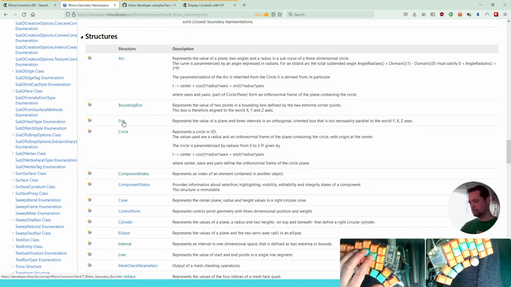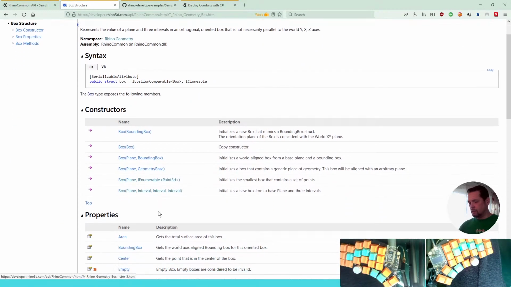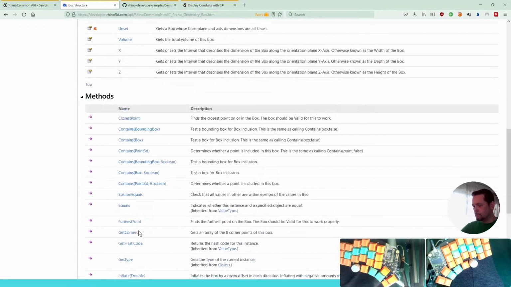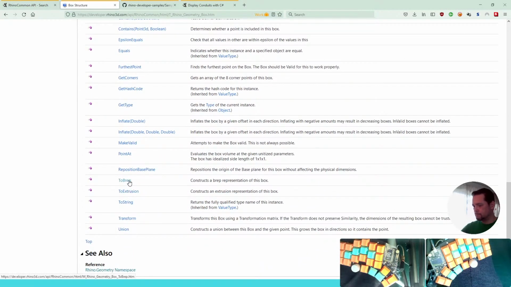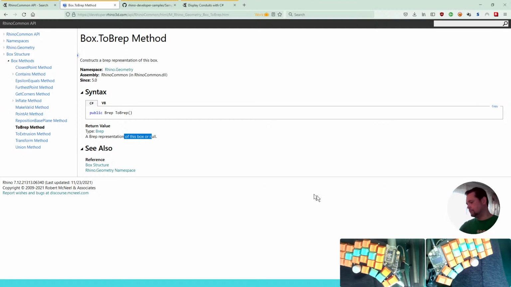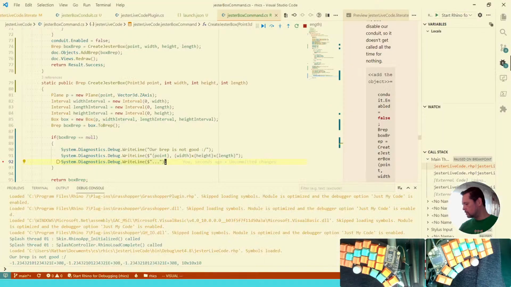Box. And from that we wanted a brep. So there was the ToBrep. One thing that comes to mind, what we could do is, instead of setting unset at the beginning, so maybe that's the problem,